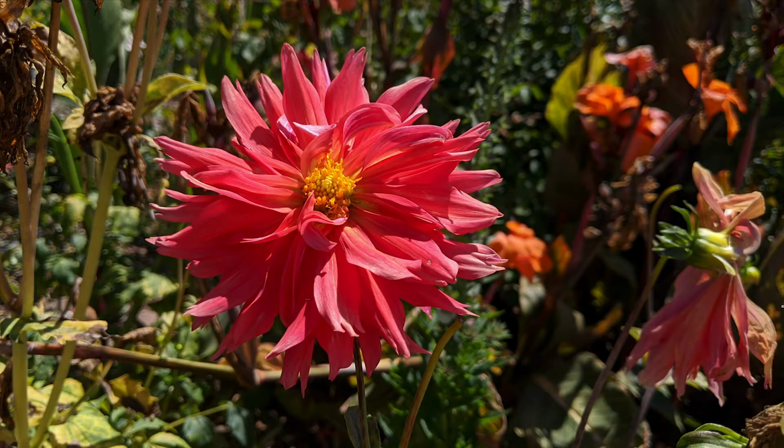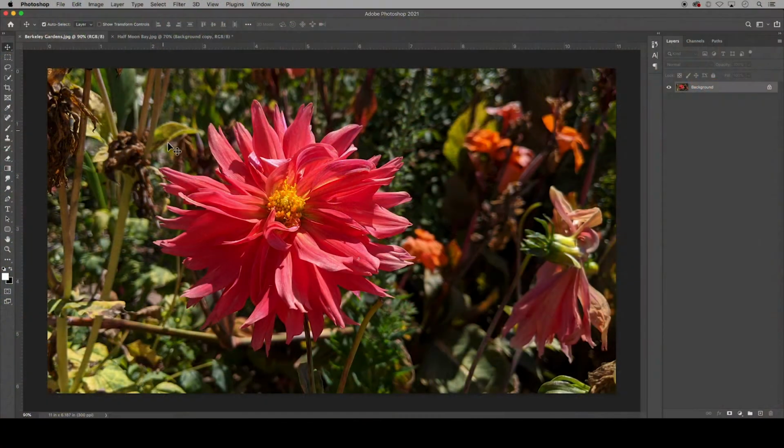In this video, I will demonstrate how to move an object using Content-Aware Move in Adobe Photoshop. With an image already open in Photoshop, you can see in this example the petals give the flower a nice sense of radial balance, except for this one little section here that could use some additional petals. So I can use the Content-Aware Move tool to copy some of the petals and move them into this negative